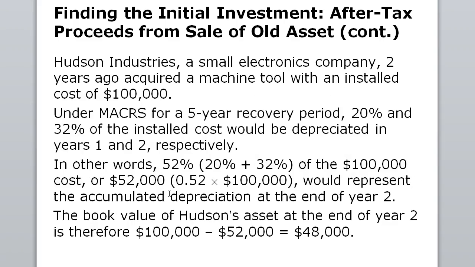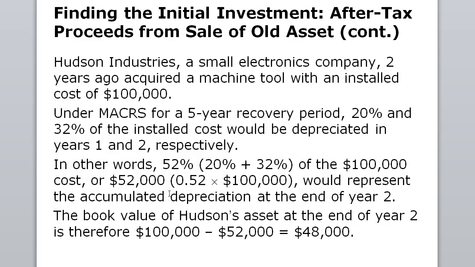So here's another example. Hudson Industries is a small electronic company. Two years ago, it acquired a machine tool with an installation cost of $100,000. Now, under the modified accelerated cost recovery schedule, a 5-year period, 20% and 32% of the installation cost will be depreciated in years 1 and 2. So in other words, 52% of that $100,000 cost, or $52,000, would represent the amount of depreciation at the end